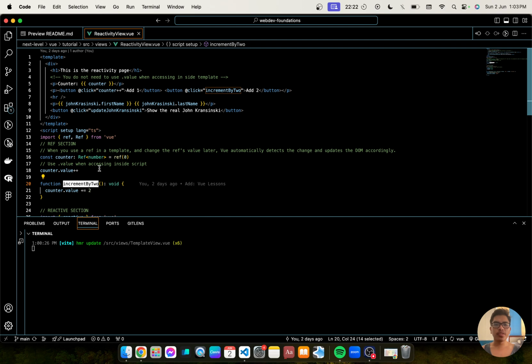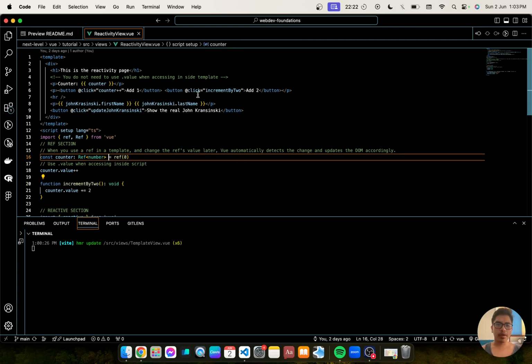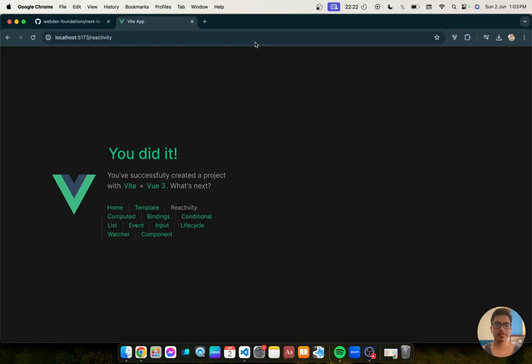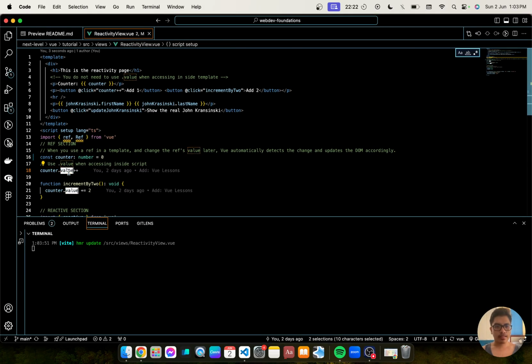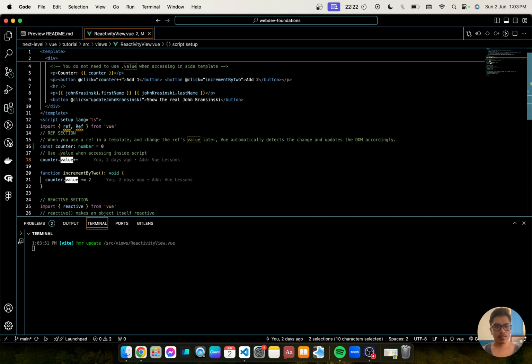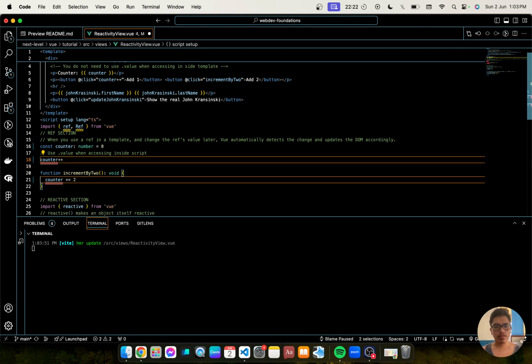So here, when we use a ref in the template and change the ref value later, Vue automatically detects the change and updates the DOM accordingly. So what happens when we remove ref? Okay, when we remove ref, as you can see, it is already causing problems.